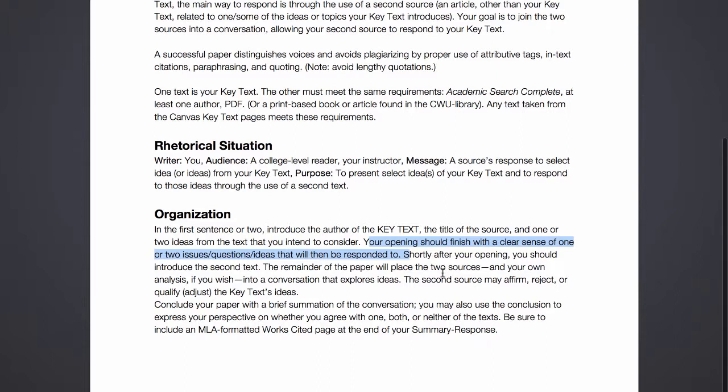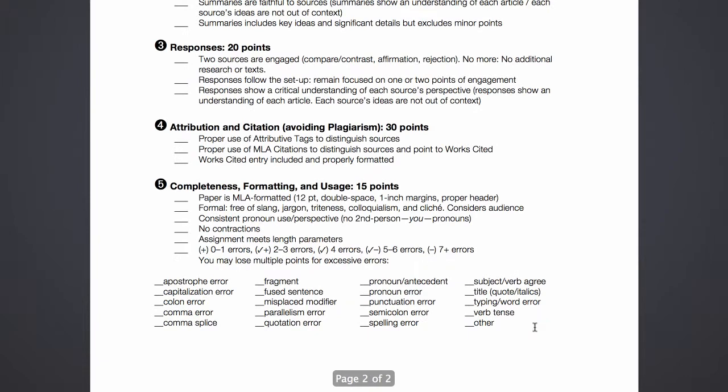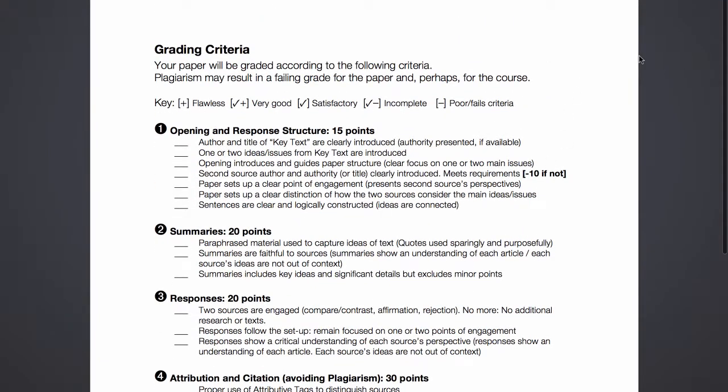And as always, make sure that this is MLA formatted with a works cited page at the end. Let's look at the grading criteria before we look at a sample. So the grading criteria is pretty straightforward. Note that there's 100 points possible in this particular example, but your breakdown here is the introduction of your text,